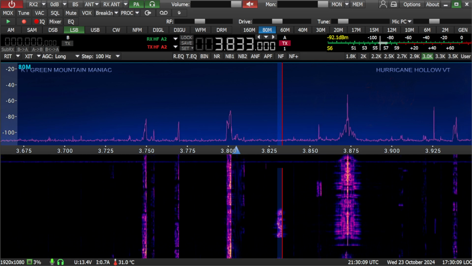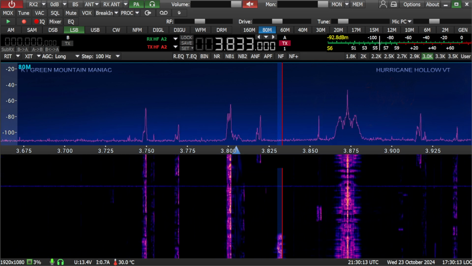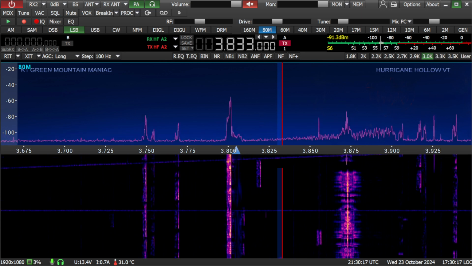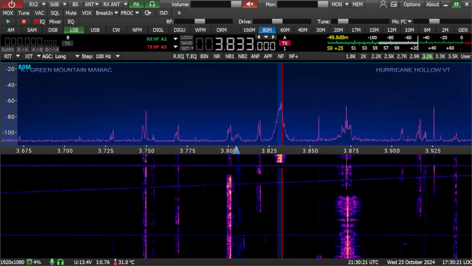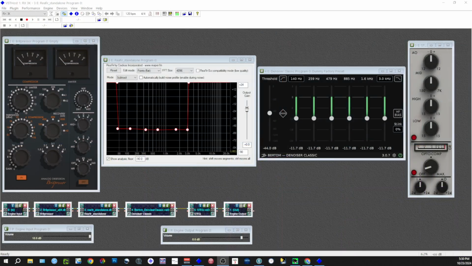Let me get back over to the other screen. So I'm going to walk you through. This does not work as well as Supertone Clear. Supertone Clear is an AI algorithm that targets anything that is non-voice and wipes it out. This does not. So what you see right here,